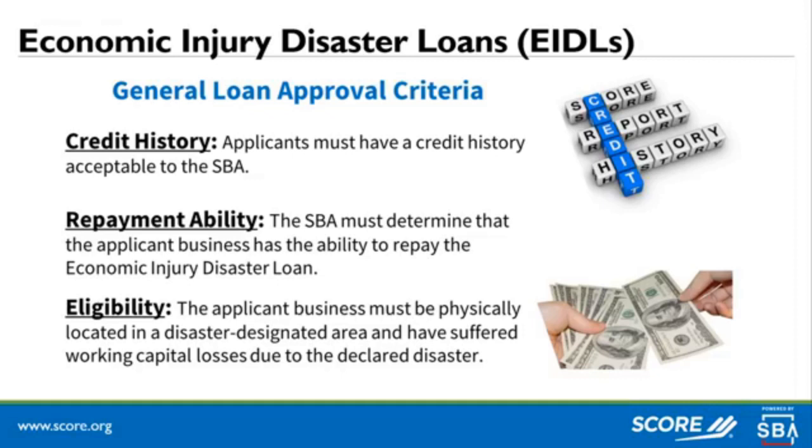Then there's repayment ability. The determination that the SBA has to make is, are you going to be able to stay going long enough to repay the loan? That's their big issue here. So they will look at the information that you have to provide to determine if you're going to be able to repay this loan. If you're so far underwater that it's unlikely that this will even help you get through the time period, it may be a no-go for them, but they have to make that decision.